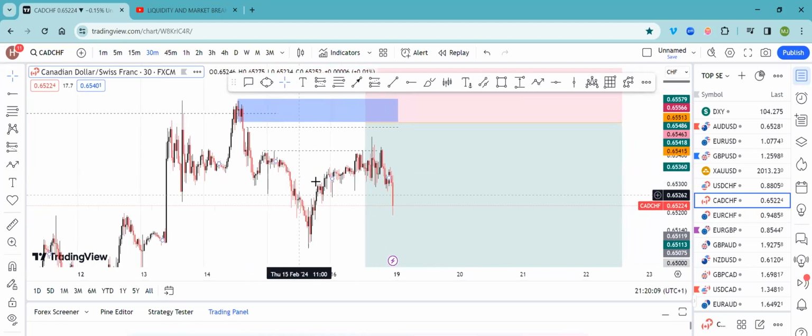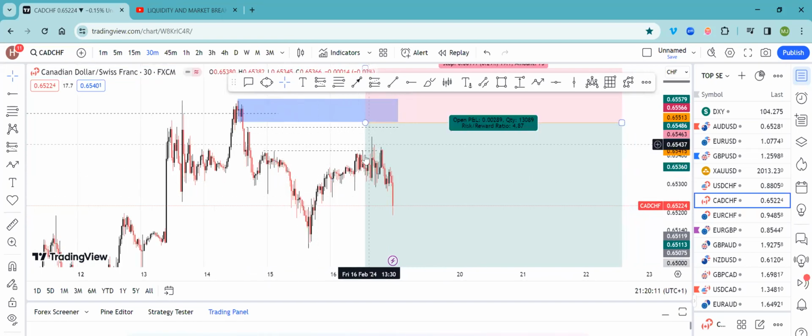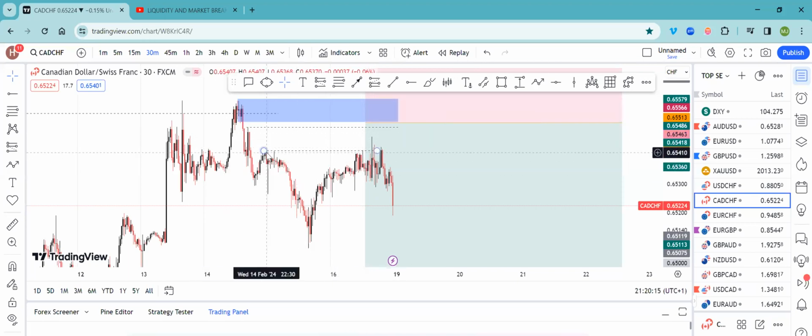So now, I didn't see this area. I should have been scaling in around this area because of the grab of this liquidity. But nonetheless,